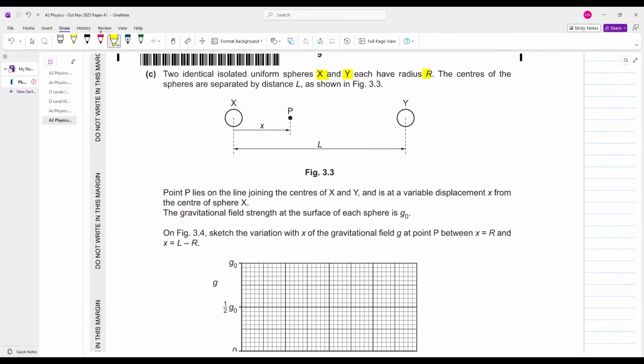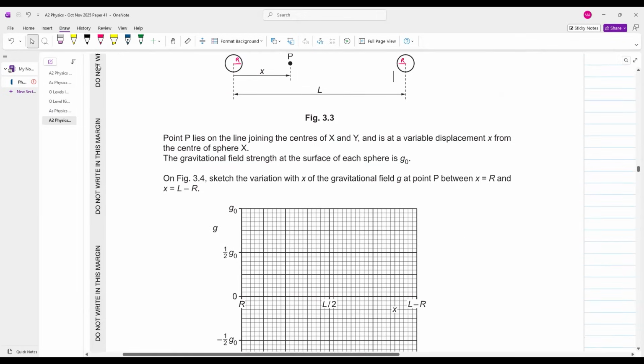This also has a radius of r. Perfect. The centers of the spheres are separated by a distance of L. Okay. As shown, perfect. Point P lies on the line joining the centers of the spheres x and y and is at a variable distance x from the center of the sphere x. The gravitational field strength at the surface of each sphere is